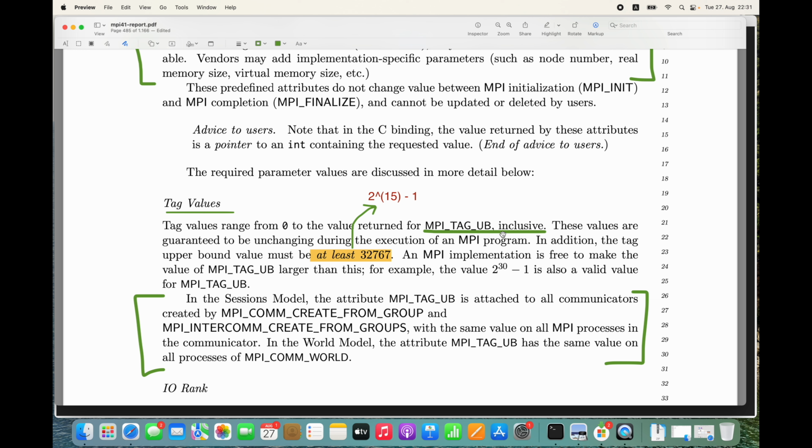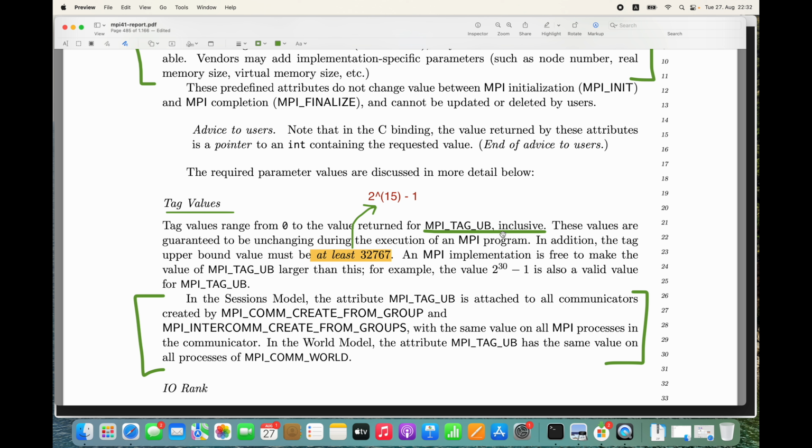An MPI implementation is free to make the value of MPI_TAG_UB larger than this. For example, the value of 2 to the power 30 minus 1 is also a valid value for MPI_TAG_UB. In the sessions model, the attribute MPI_TAG_UB is attached to all communicators created by MPI_Comm_create_from_group and MPI_Intercomm_create_from_groups,